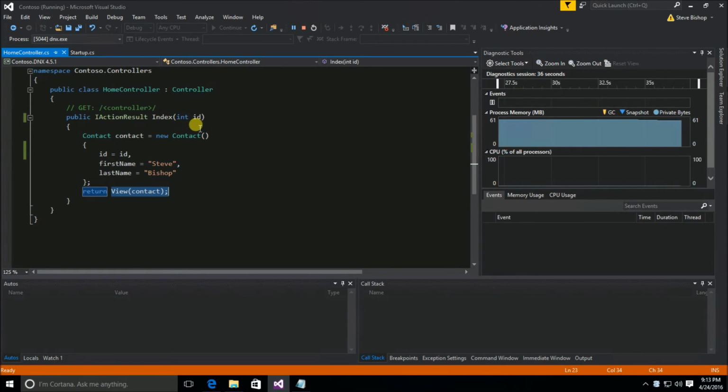And for an int, since it cannot be null, an int has to have some sort of value, C# automatically makes this int a value of 0. So 0 gets assigned to the ID for our contact object,